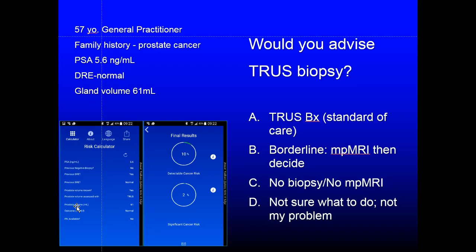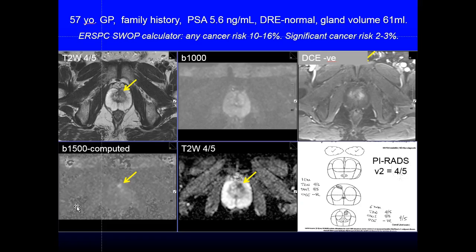What would you do? Would you advise TRUS biopsy because this is a standard of care? Would you say this is borderline, therefore get an MRI and then decide? Would you say, well, he doesn't need a biopsy and he doesn't need an MRI because he doesn't even qualify? These are difficult questions. So, in fact, we considered this to be a borderline case, and we did an MRI,